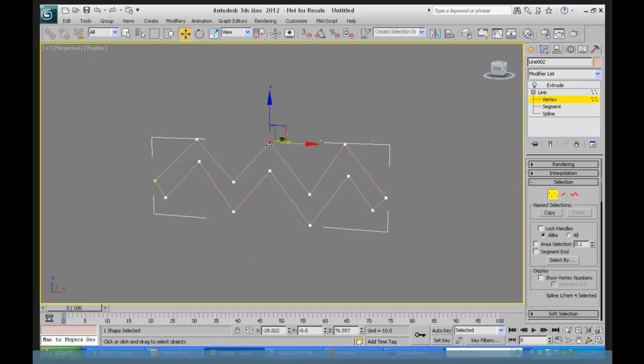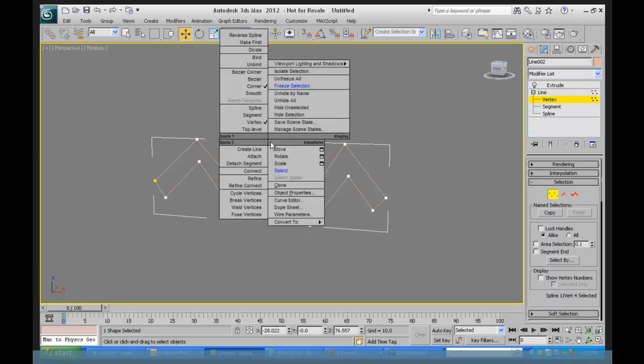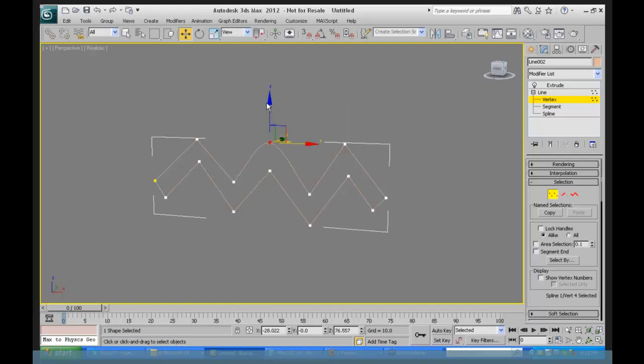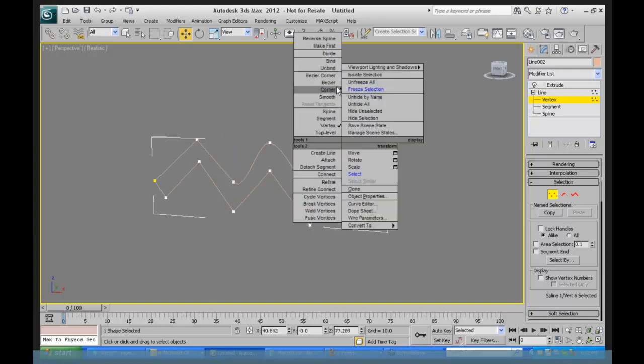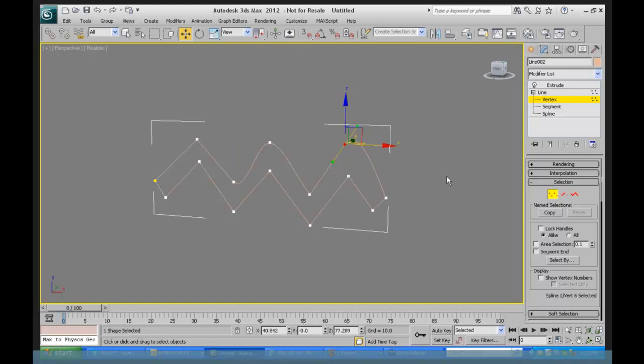I can select a particular vertex, right-click on it, and I can change its type of vertex. It could be smooth. I could change one here. It could be Bezier, and the Bezier vertex has handles. Let's make this one Bezier. So the nice behavior that Max has is that it has a little icon here that says show end result. And if I have show end result turned on,